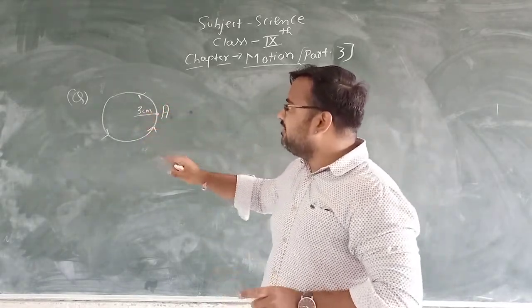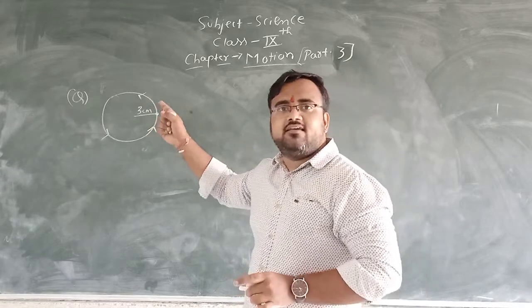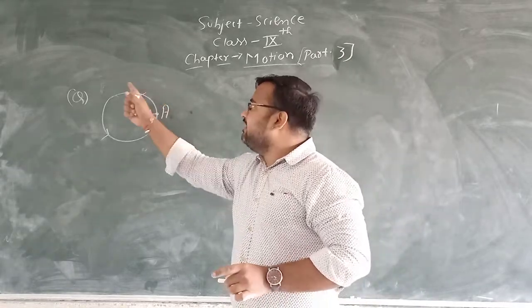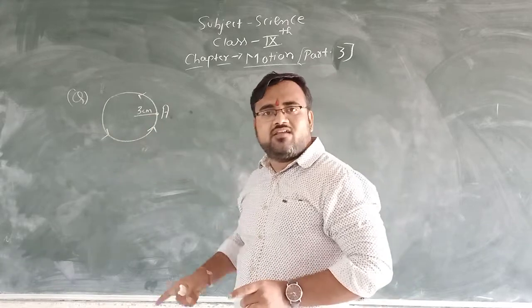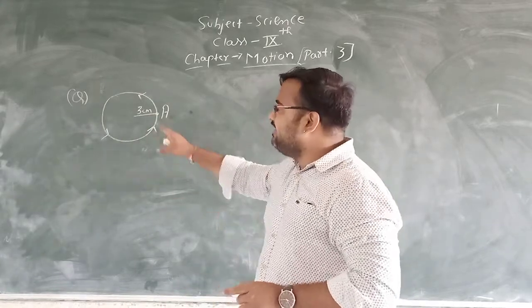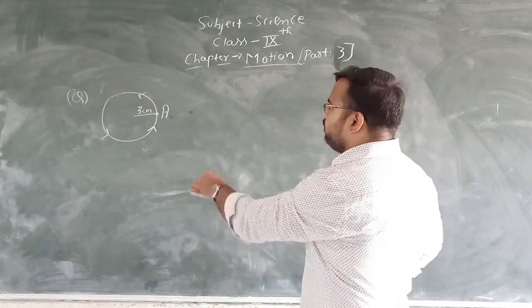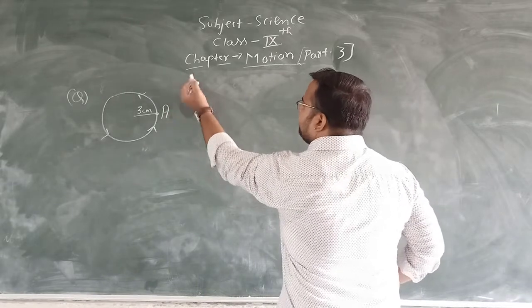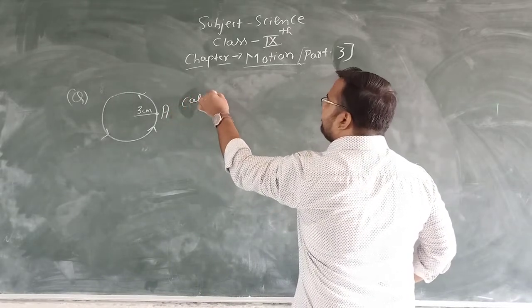By this diagram, we can understand that if any object starts its journey from point A, travels in a circular path around the circumference of the circle and ends its journey at point A, the question is